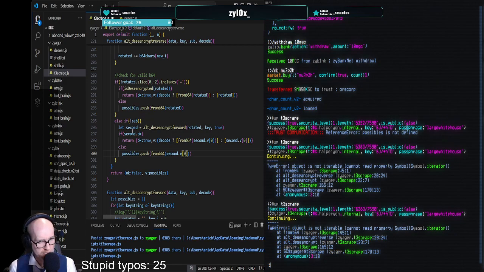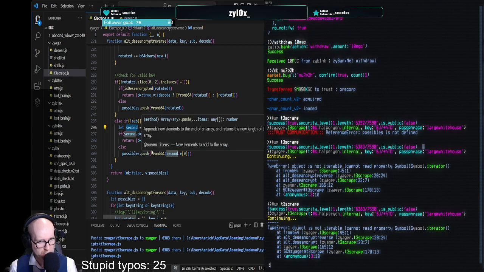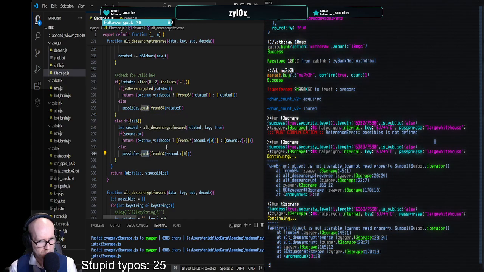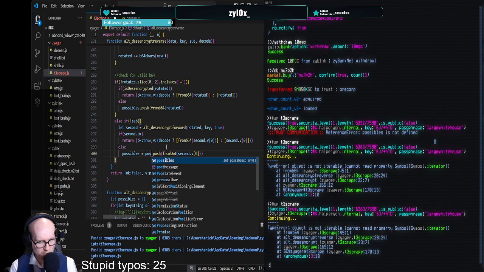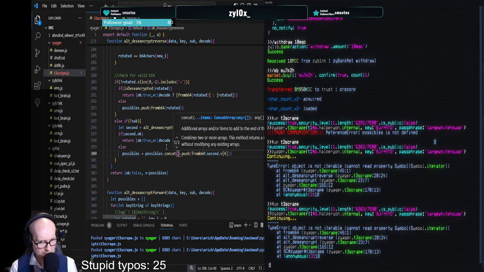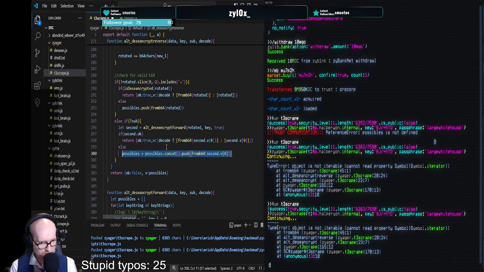No, because this is going to be returning an array of possibles. So I will have to do possibles equals possibles dot concat. No, that won't work either. I have to do